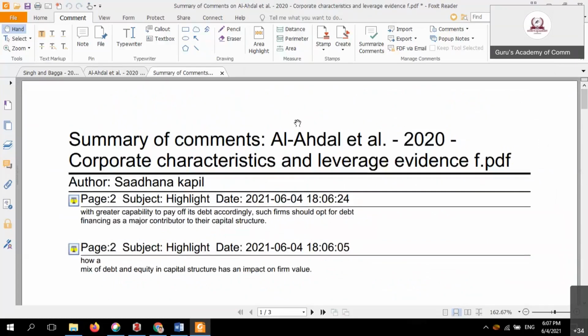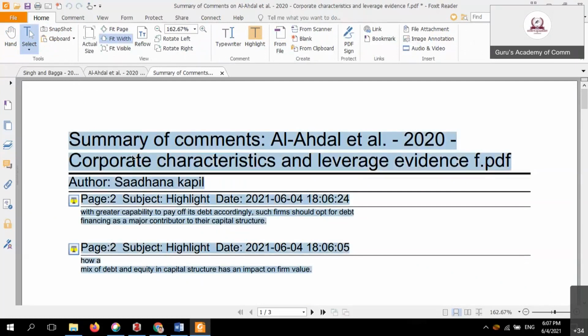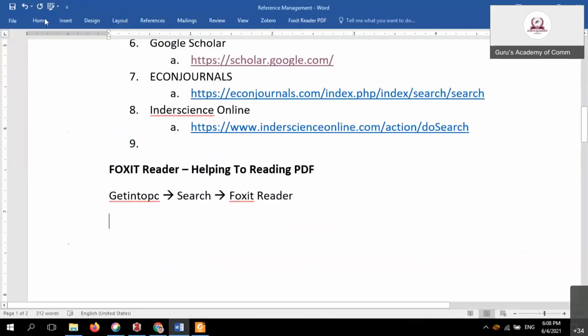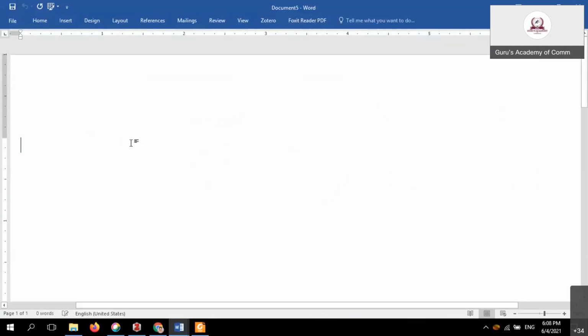Another one, a PDF. Now what I have done is, from Home, select Column, select text and image. Now it gets selected. Simply press Control A, which means select all the text in the particular PDF. Okay, go to Word, open a new document and simply paste it. Control V, simply paste.